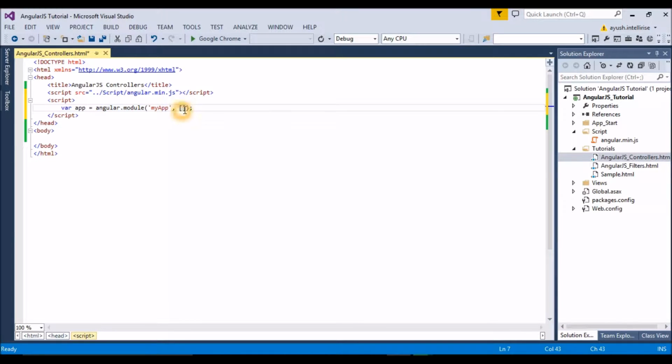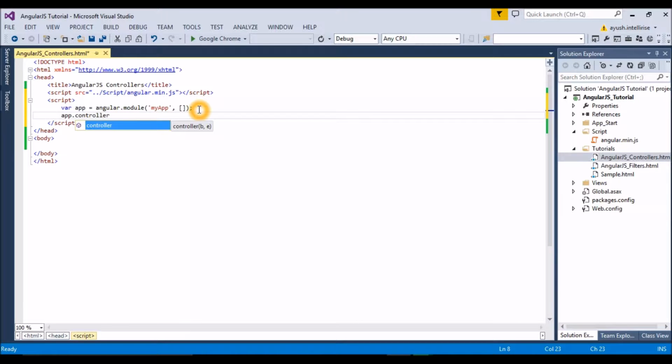This is your dependency. Over here, this is the empty square bracket, which shows there is no dependency, meaning the module is not dependent on anything else. Then for controller, we will be using app.controller.